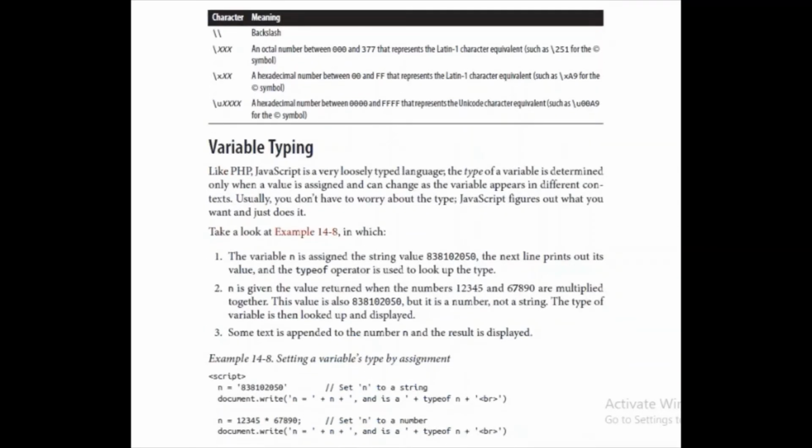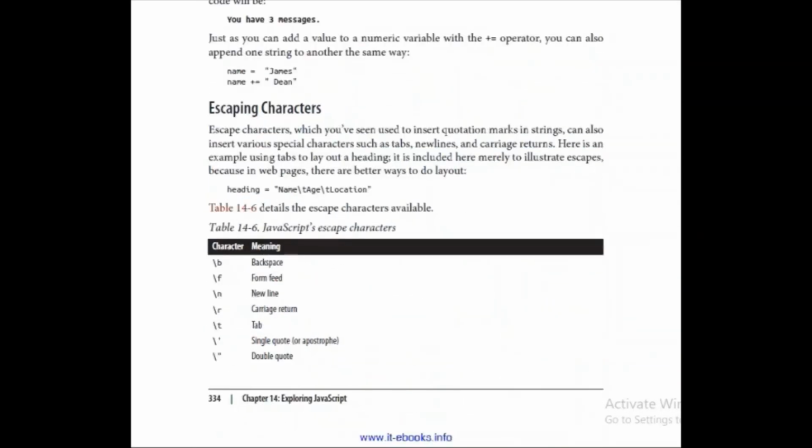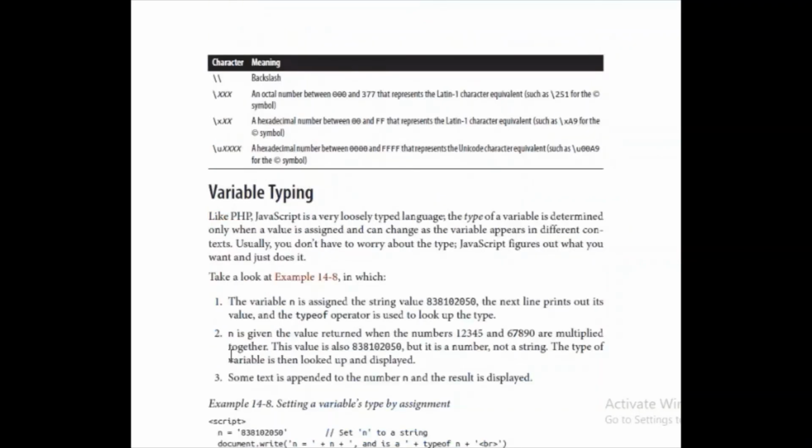Here we have escape sequence characters, which you can use. For example, if we use /b, it will give in the output a backspace. Then we have /n for new line, it's very important. /r for carriage return, /t for tab. You want to give single quote, you can use this. You want to give double quotes, you can do this, and so on. Inside the double quotes, when you are using document.write, inside the quotes you can give.